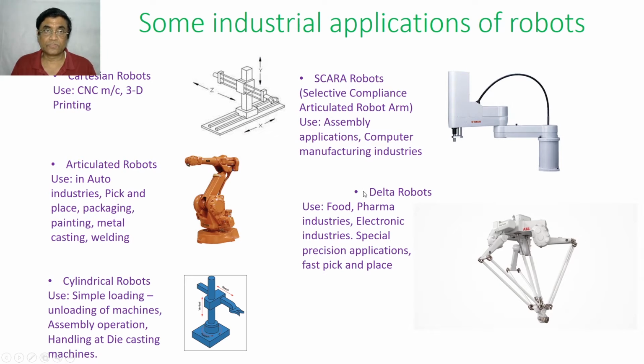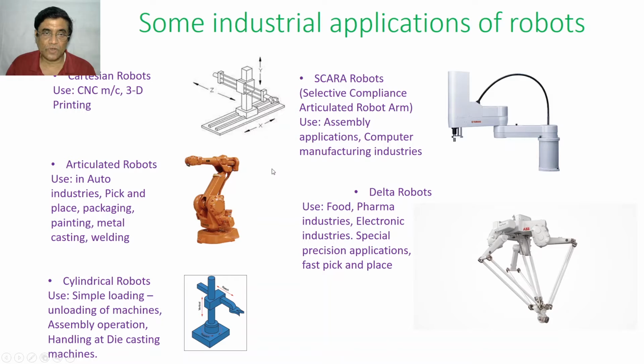Okay, what are those? You see, some industrial applications we will talk about. This is a Cartesian robot. There is no revolute joint, as you can see from the structure. It can move along the x-axis, y-axis, z-axis, no rotation. It can be used in loading and unloading of CNC machines. CNC means computerized numerically controlled machine. Then for 3D printing, this kind of structure, Cartesian robots, are simple. So they are low cost, and they are used for this kind of activities.